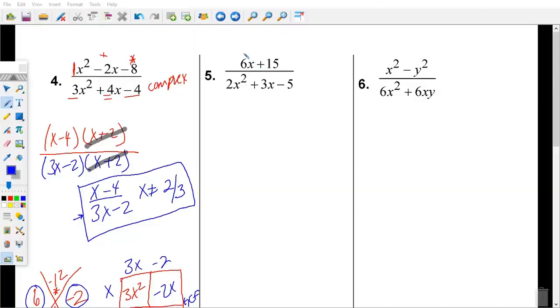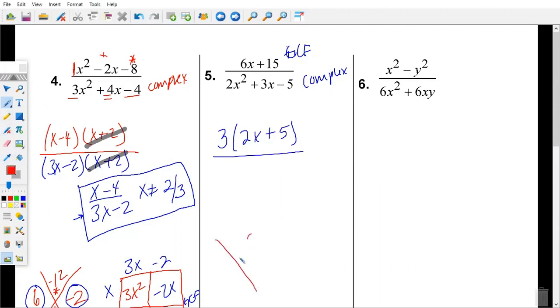All right, so in your numerator, you should have used greatest common factor. In your denominator, you should have used complex, right? So GCF is 3, and we're left with x. I forgot my 2. My 2x plus 5. Okay. The denominator, we're going to use our complex. So 2 times -5 is -10. The bottom is the middle, and we get 3. So what multiplied gives you -10, but added gives you 3? There we go. We had a 5 and